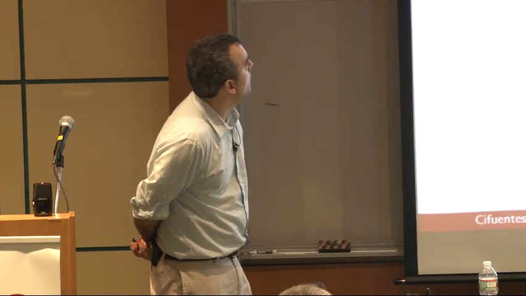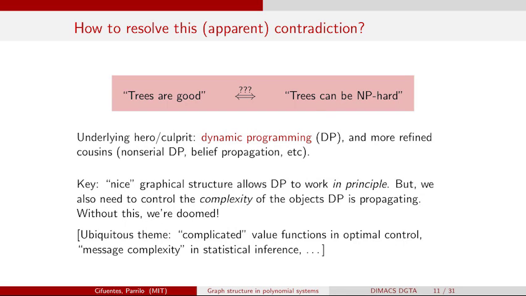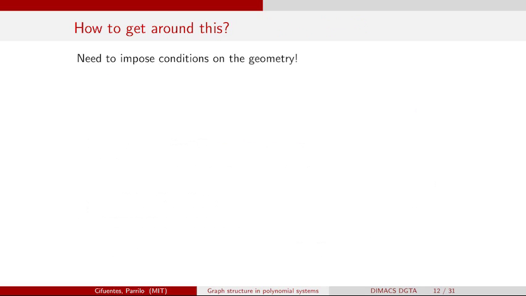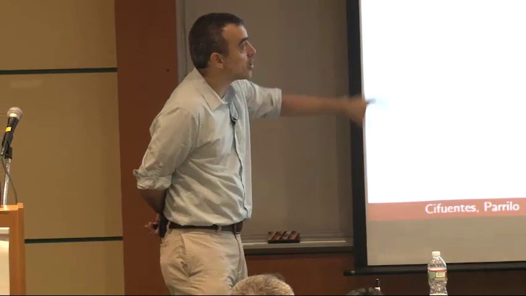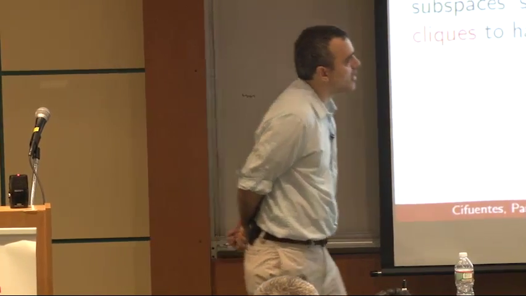Okay, good. So how do we get around this? And in particular, why was that meta theorem somehow still true in some sense, and why is it not true for my example? Again, there's a number of ways of interpreting what's happening. I really like geometric interpretations, and it really has to do with the geometry of the feasible set. And it's actually quite an interesting condition from the algebraic geometric viewpoint. I hope you don't get offended by my cartoon. But the idea here is that there's a very natural condition that has to do with the degree of the projection into the Clique subspace. And that's a mouthful, so I'll just show a picture that I think represents exactly what I want to say, and it's the following.